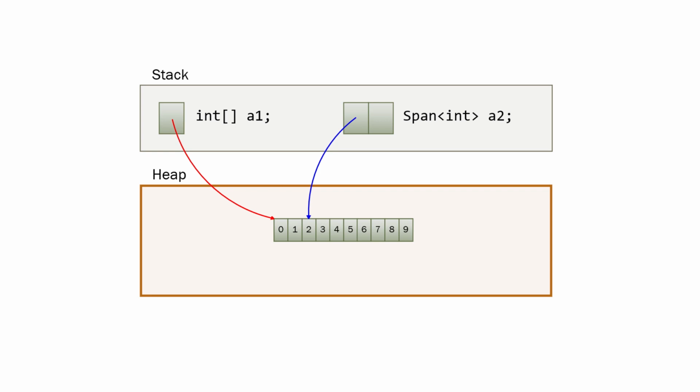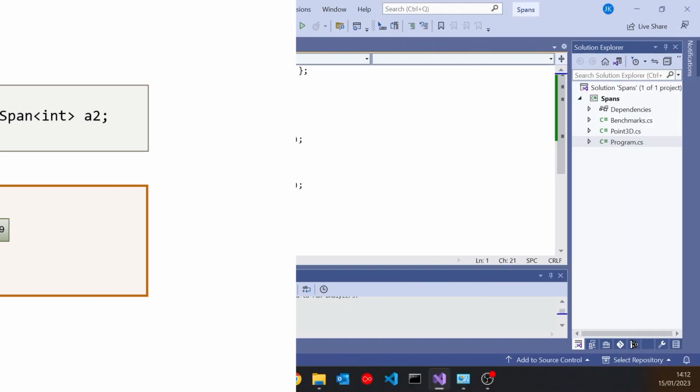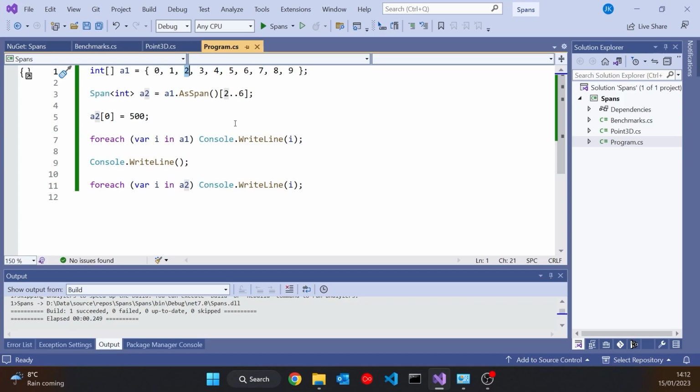And then also a length. So the fact that it's got 4 elements is calculated. So 2, 3, 4, and 5. So that's all that's being stored additionally, and that's all being stored on the stack, not the heap, so there's no further heap allocation.